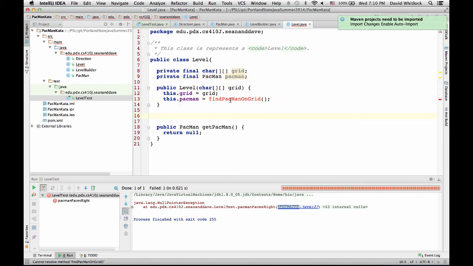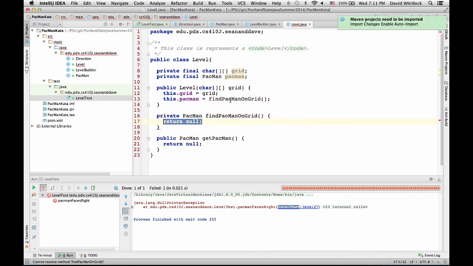So we'll create a method there, and we'll just go through and I want to say for int i equals 0, i is less than grid dot length, i plus plus.